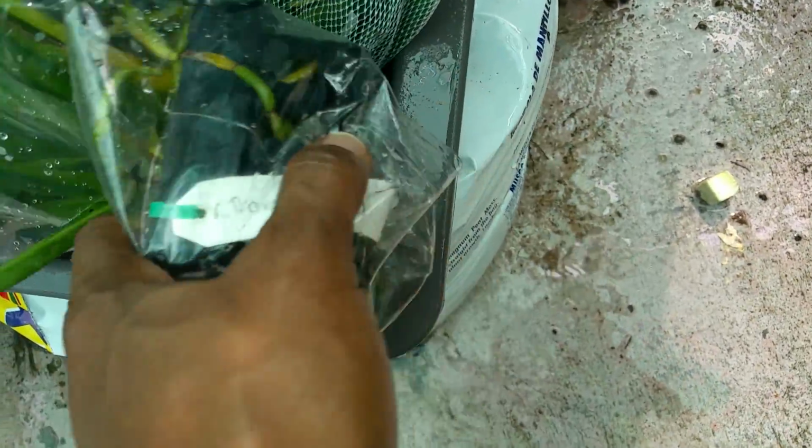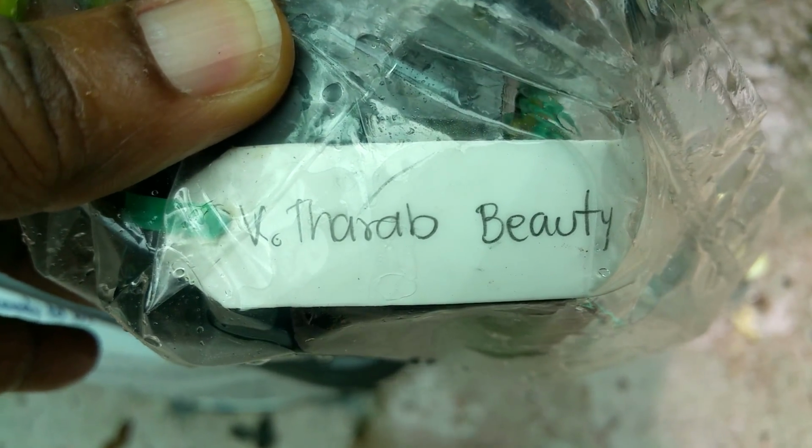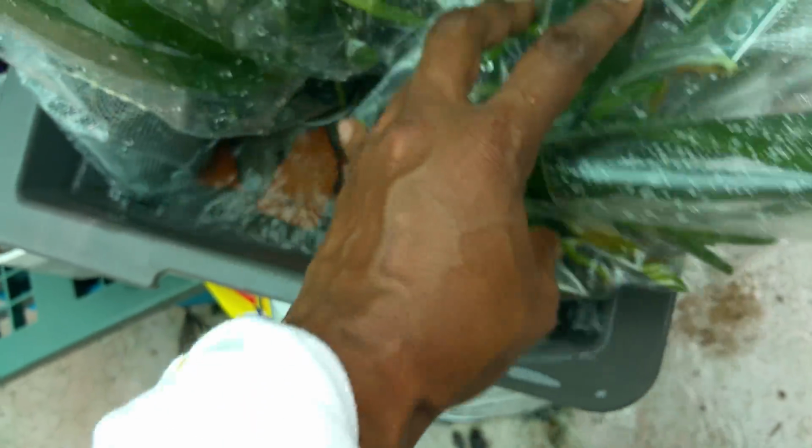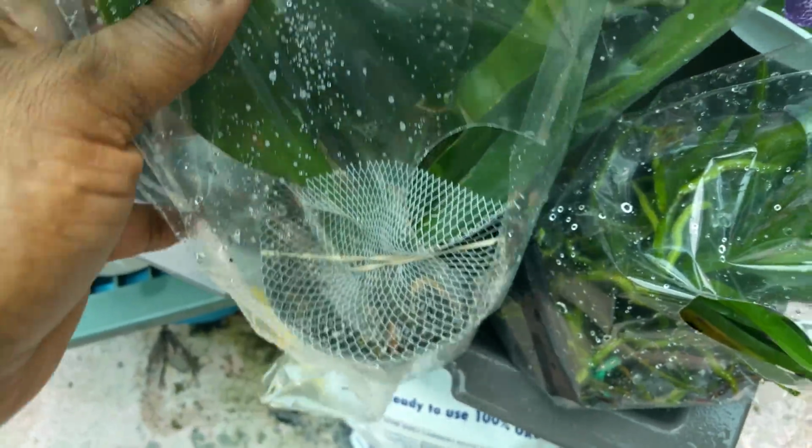Let's see what the name is. This is a name that I'm not sure if I have. Could have been one that was stolen. So, okay, and I couldn't leave this guy in the store because they do so well back here. Matter of fact, that bulb in there is huge. So I'm thinking, if I treat her nice, or give her some good brew, she'll probably bloom for me this